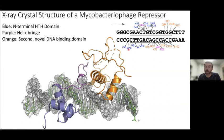And what we see is that we have two residues over here and one residue over here that are binding to DNA just outside of the consensus sequence. And this tryptophan 50 is absolutely essential for the function of this protein. And so that was something that was really exciting for us to see. The SAXS data told us this, and we can now explain that in the crystal structure, especially related to this